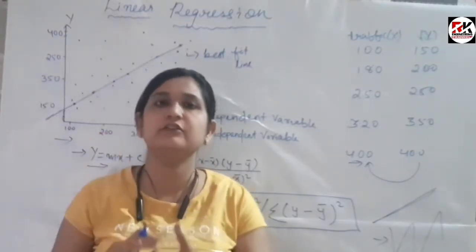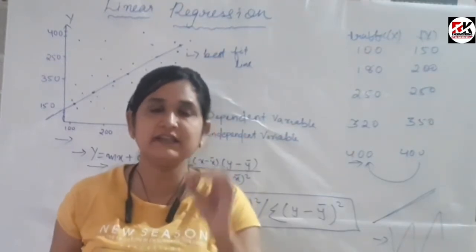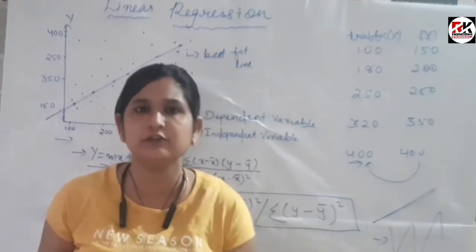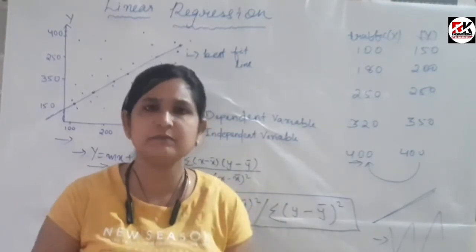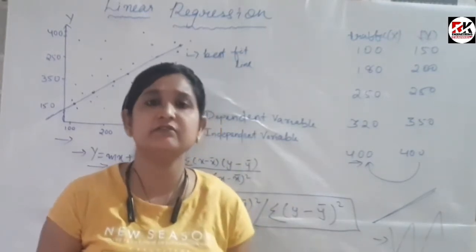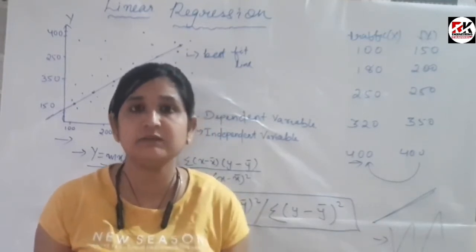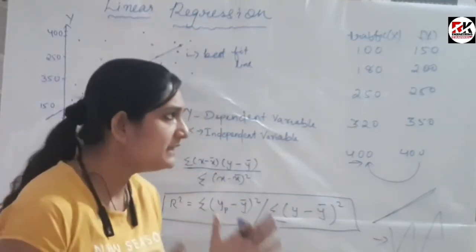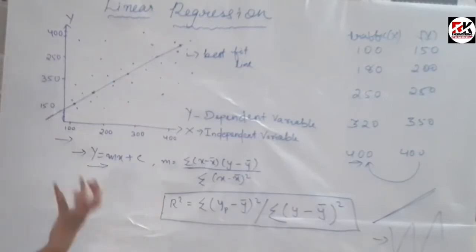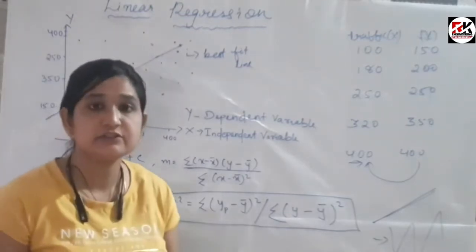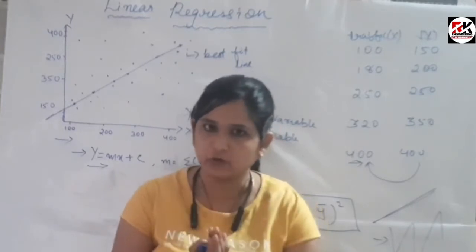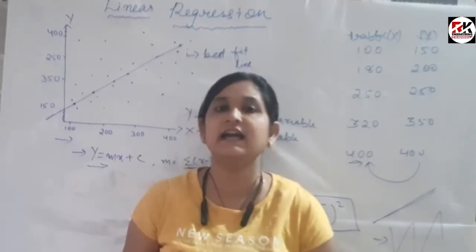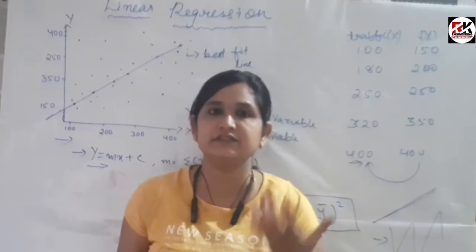But in real scenarios, that's not so. Definitely not, because we have thousands of points. It's impossible that our line of regression will pass through every one of thousands of points. So in that case, how do we calculate the line of regression and the best fit line? That's the point. That's the scenario when we have to go for regression analysis.